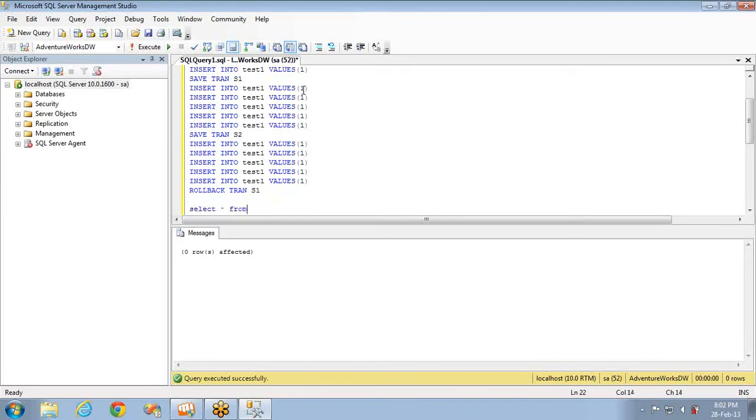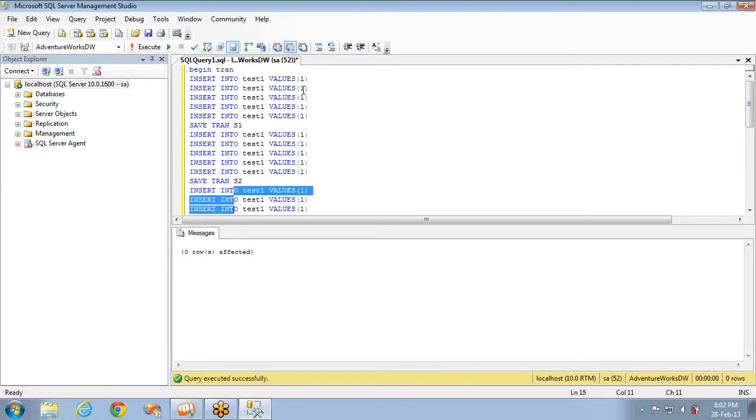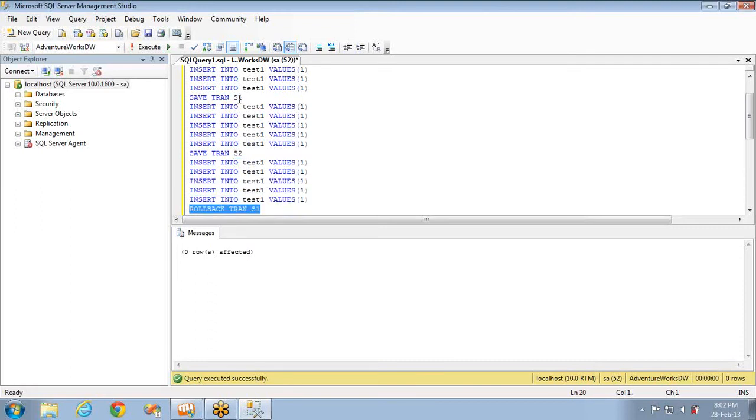Select star from test1. After executing these above statements, first it will begin the transaction and it will insert 1 record, 2, 3, 4, 5, 6 records it will be inserted, and then it will save the transaction, and again it will insert 5 records, and again it will save the transaction up to here, and again it will insert 5 records, and here it is rolling back directly to this point, that means up to here.